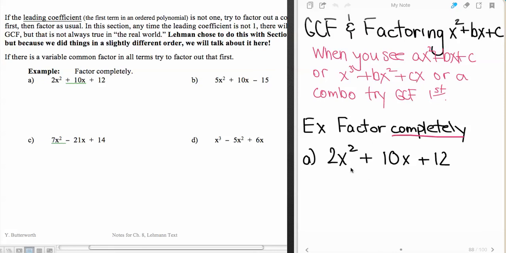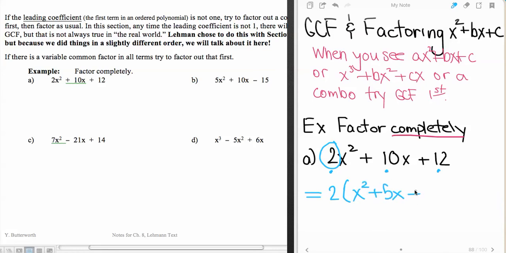So in this next one, we're going to see that anytime we have a leading coefficient, in other words, there's a number multiplied by the highest degree term, or the highest degree term is not a square, that we might have a GCF first. So when I see this 2 right here, that tips me off that maybe I have a GCF. So I'm going to look at all 3 terms and see if I do. Yes, I do have a 2. So I'm going to take that 2 out, and that's going to leave me with an x squared plus a